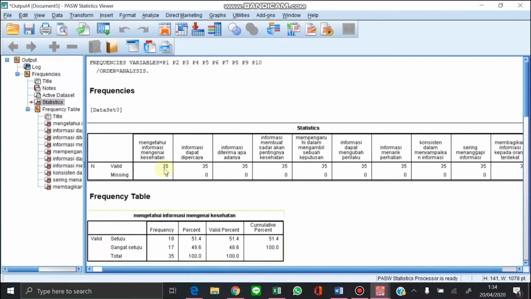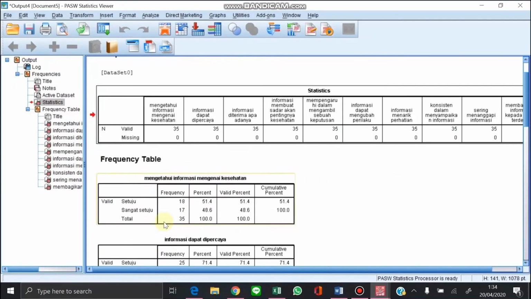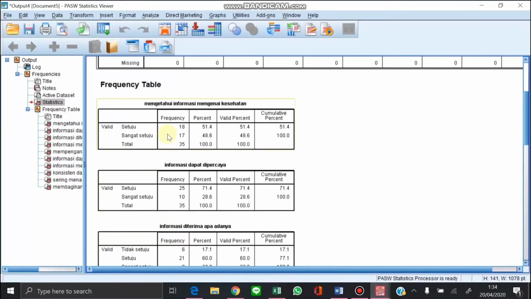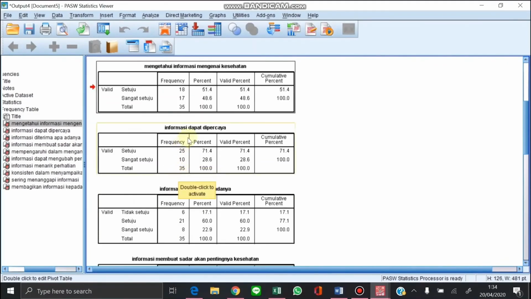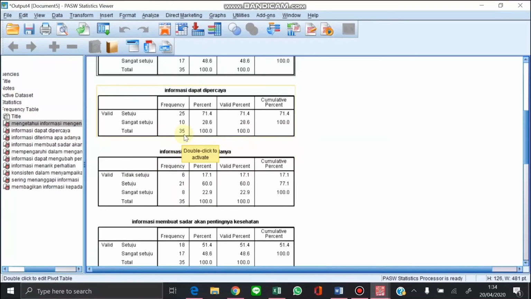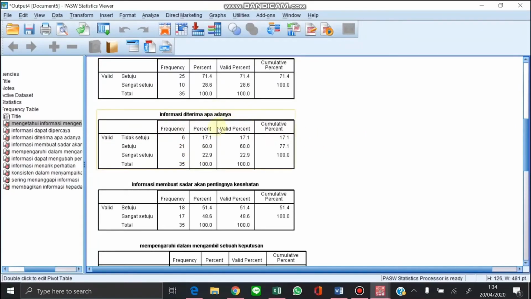For instance, for the first question, there are 18 persons who agree, 17 persons who strongly agree, and the total is 35. Next, for the reliable information, there are 25 persons who agree and 10 persons who strongly agree. Next, for the information received as is, there are 6 persons who disagree, 20 persons who agree, 8 persons who